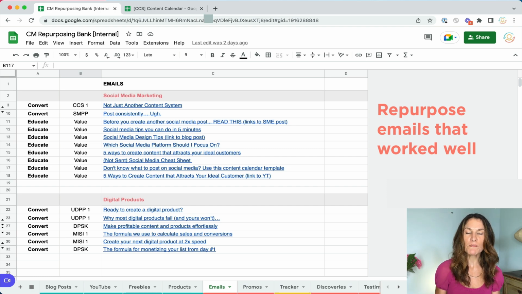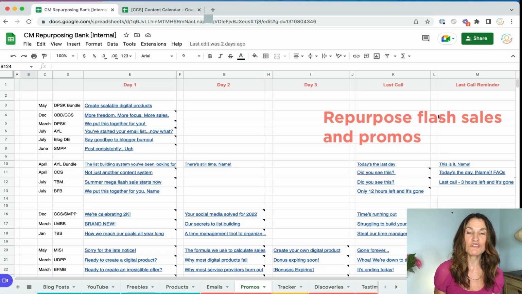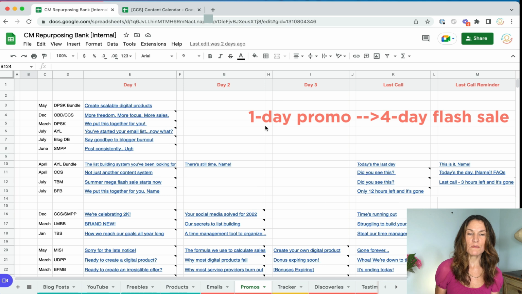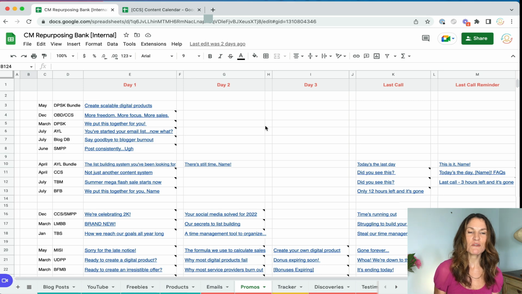The other thing we repurpose this way is our flash sales and promotions. We track everything. We list every email with a link to a Google Doc, the date we emailed it, the product we were promoting. And then when we want to run a new flash sale, we can pick it up from here a few months later and use it as a starting point. Or maybe we ran a 1-day promo. We can come back and turn it into a 4-day flash sale. This is a great way to run flash sales quickly without having to start from scratch or come up with a new product. So that's the third way we use the repurposing bank,